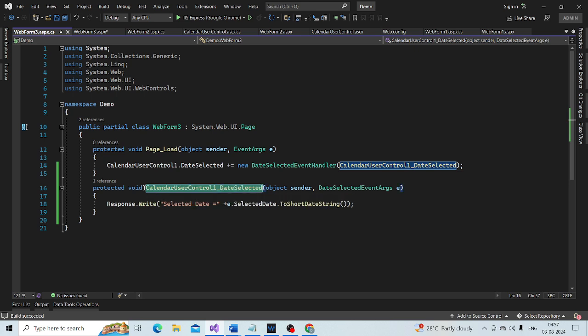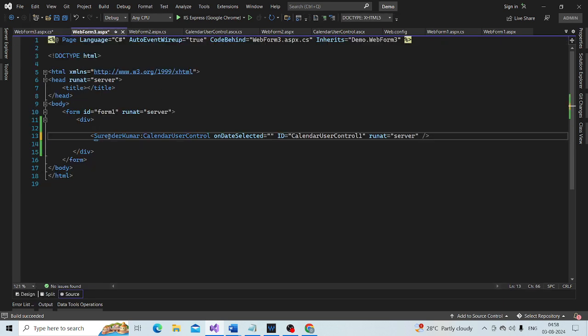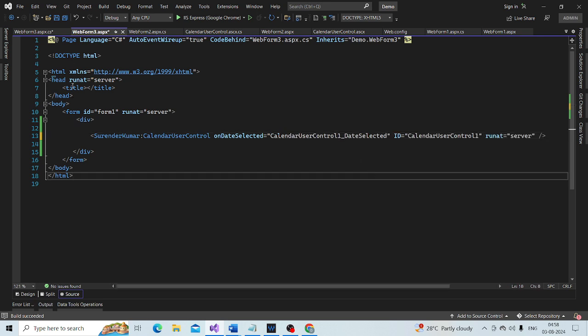Let me copy this, remove it from here, and paste the particular function here. Save the changes. That's it.